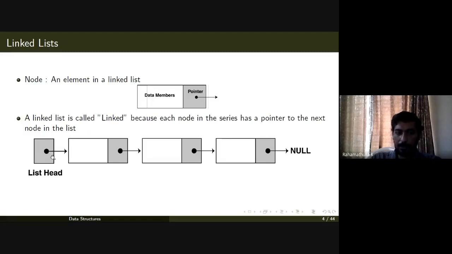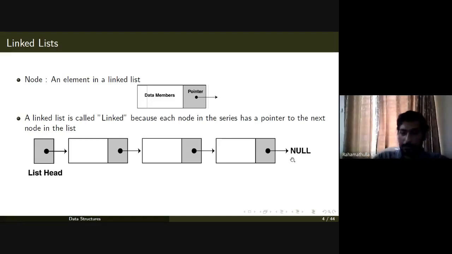Then in the list head or this pointer, 100 will be stored. Here the address of this node, that is 50, will be stored. Here the address of the third node, that is 300, will be stored. Here the address what is stored is 0, which refers to a non-existing or invalid address, which is also known as the null pointer. The null pointer is nothing but a pointer pointing to address 0. So address 0 is an invalid address. So this is how the structure of a linked list will look like.